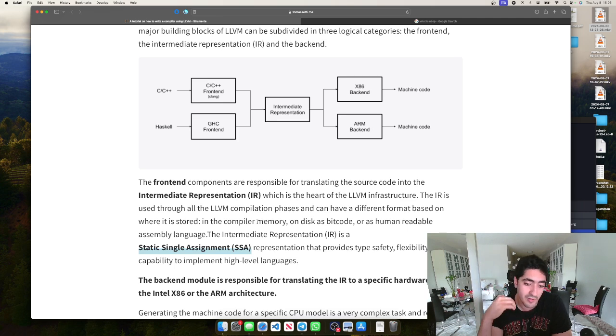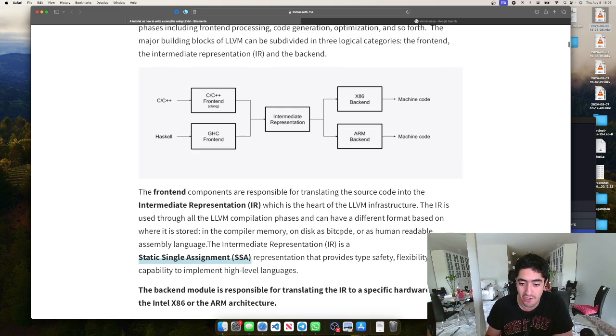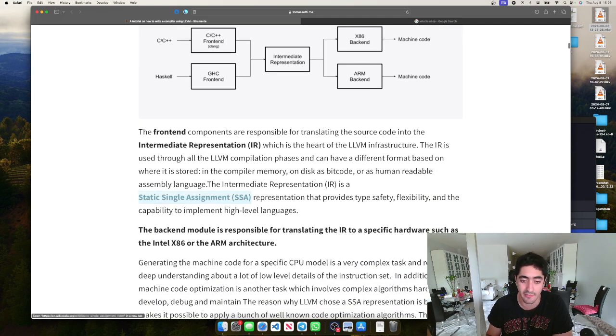So intermediate representation is the heart of the LLVM infrastructure. The IR is used through all the LLVM compilation phases and can have a different format based on where it is stored: in the compiler memory, on disk as bitcode, or as a human readable assembly language. The intermediate representation IR is a static single assignment representation that provides type safety, flexibility, and the capability to implement